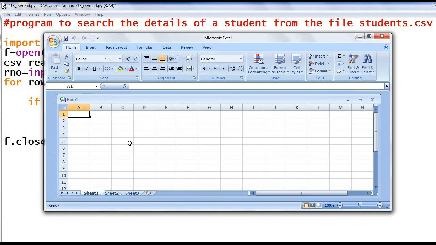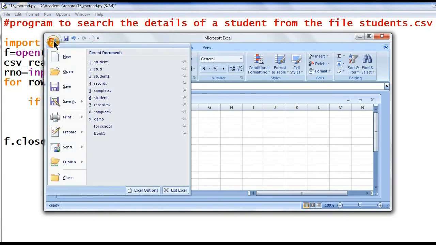Another method is using a spreadsheet. Open your MS Excel, then type the values. Type the file content, then save as CSV. Select Save or Save As.